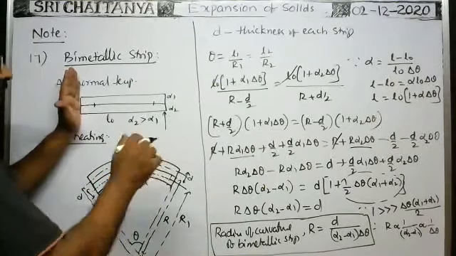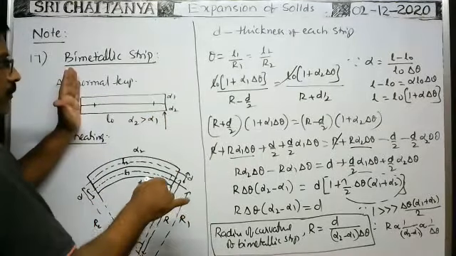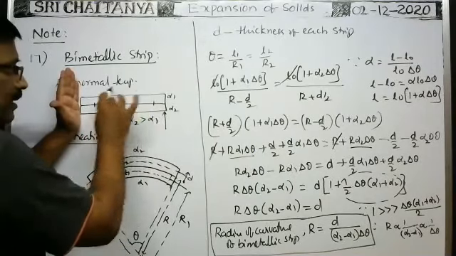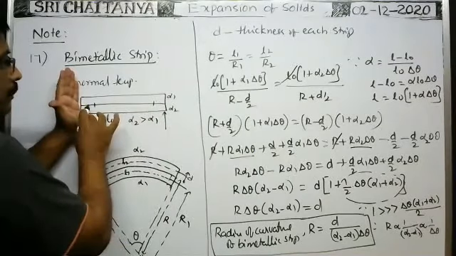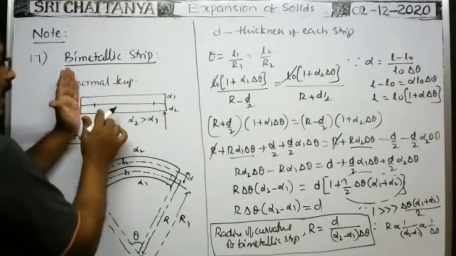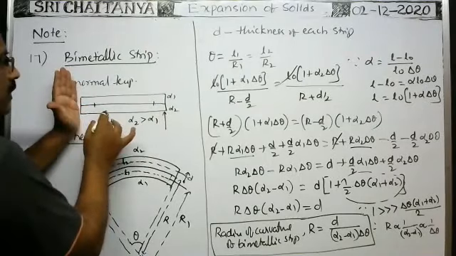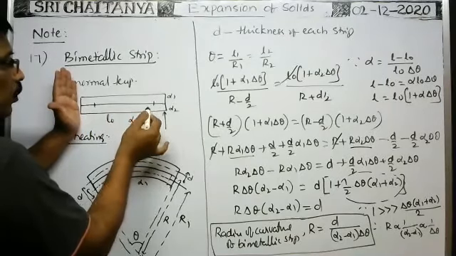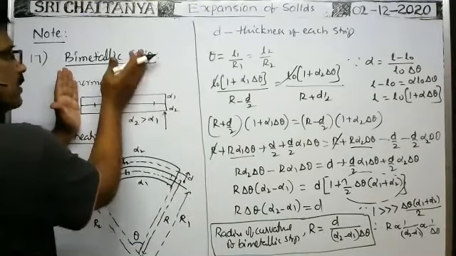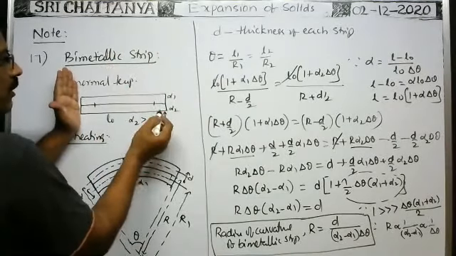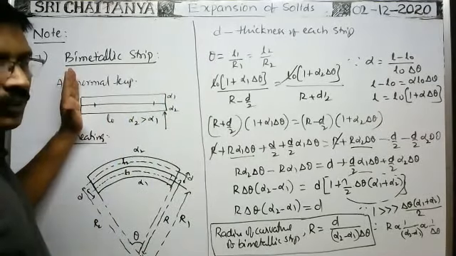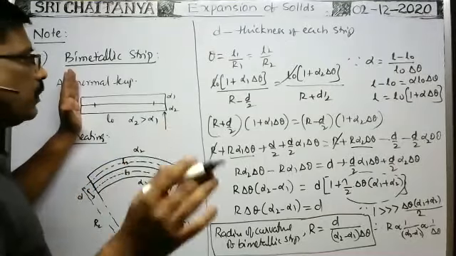As long as the current passes through the circuit, as it offers somewhat more resistance, the temperature of this bimetal strip gradually increases, and whenever the temperature increases, it bends as it is fixed. The length of the lower metal must be more than the length of the upper metal when it is heated. That's why it bends like this. When it bends like this, it loses contact with the wire. Whenever it loses contact with the wire, immediately the power will be turned off, so no current passes through there.